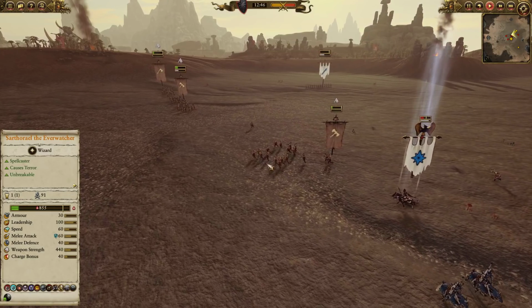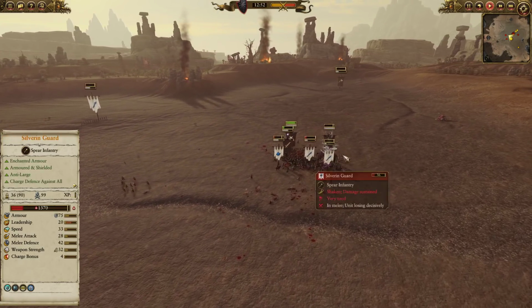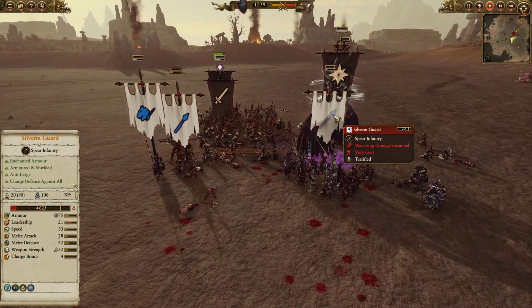Teclis in the back lines, forcing off Chaos Marauders, doing some nice work to them. Silverin Guard, such a beat-up unit, use them to chase off this huge formation. Teclis needs to be over here inspiring the troops to greater feats of heroism. Dragon Princes going to the deep once more, 101 kills on those bad boys, but a Terror Out does go